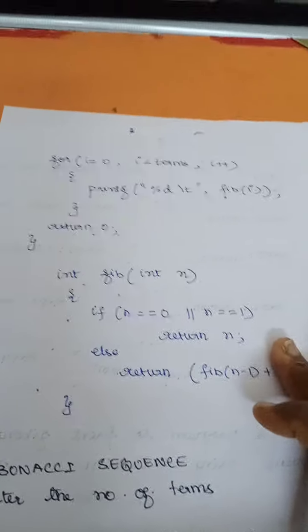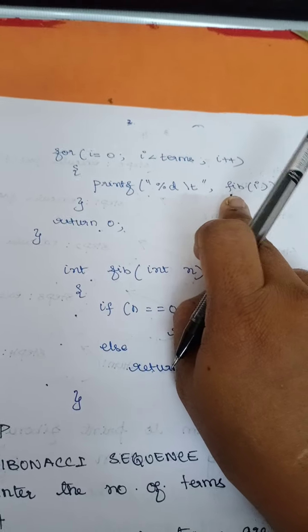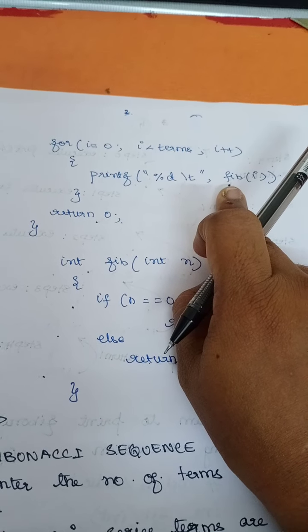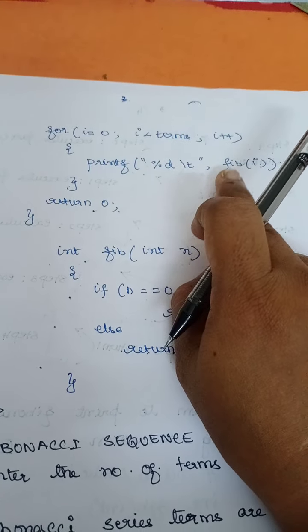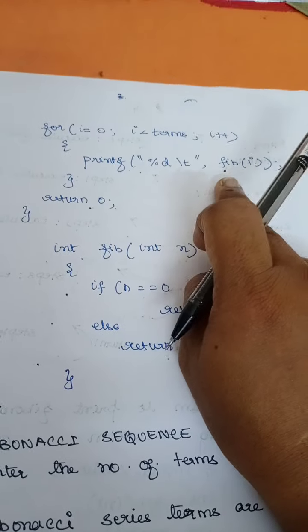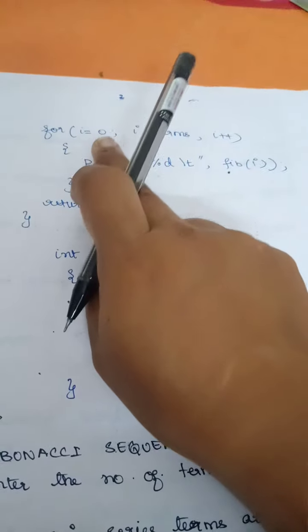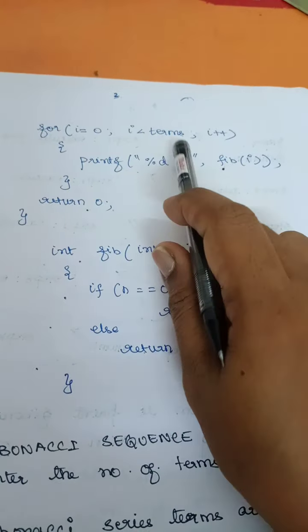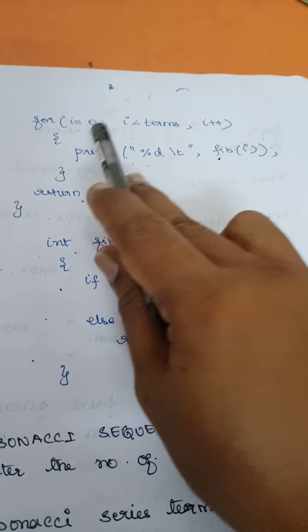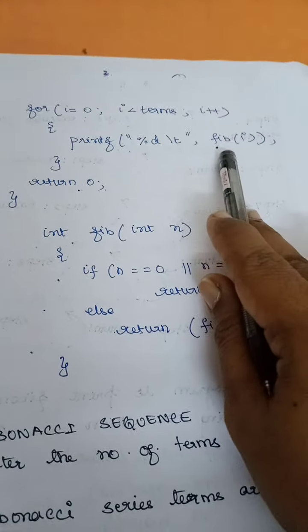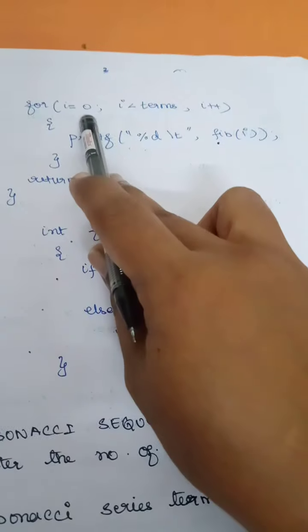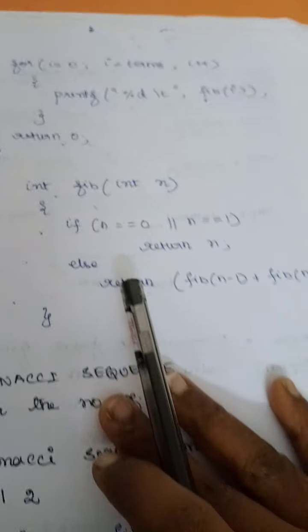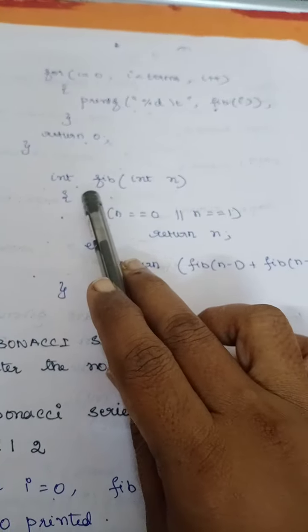Now here you call the Fibonacci function. Since I want to print the number of terms, it is not only a single number, right? I need to print from this number to this term, all the Fibonacci values. So for that only we have got a for loop here, right? Now we'll move on to this